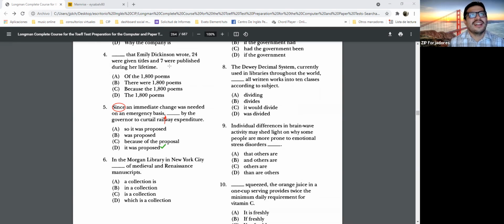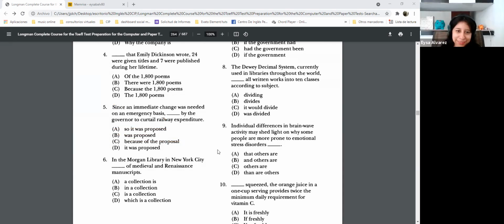So letter B has a verb, but it doesn't have a subject and is not reduced. Letter C has a connector, sorry, a preposition. So I don't need a preposition. I need a subject. And letter A has a subject and a verb, but I have a coordinate connector. So I would have another connector, right? So I only need one, that is since. All right. Yes. Good. Number 6, I chose the letter C. Very good.